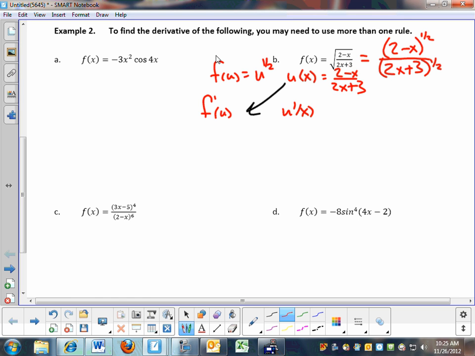What is f prime of u? One half u to the negative 1/2. And then for u prime of x, I have to use the